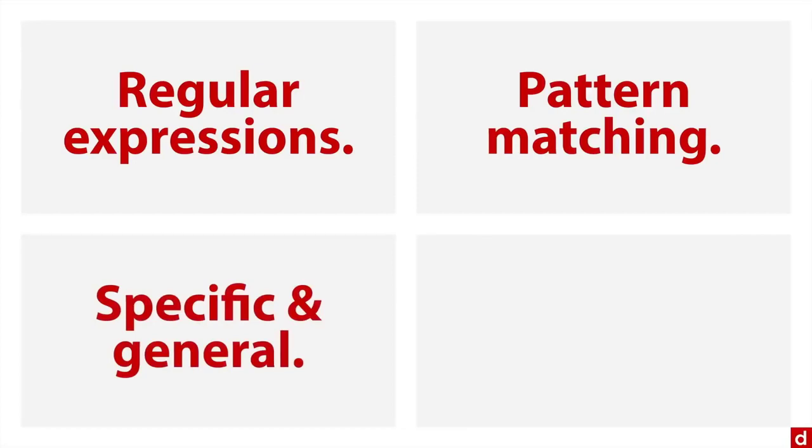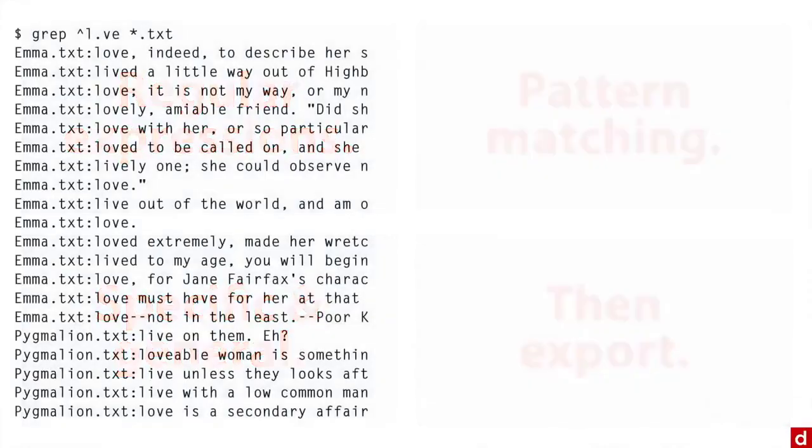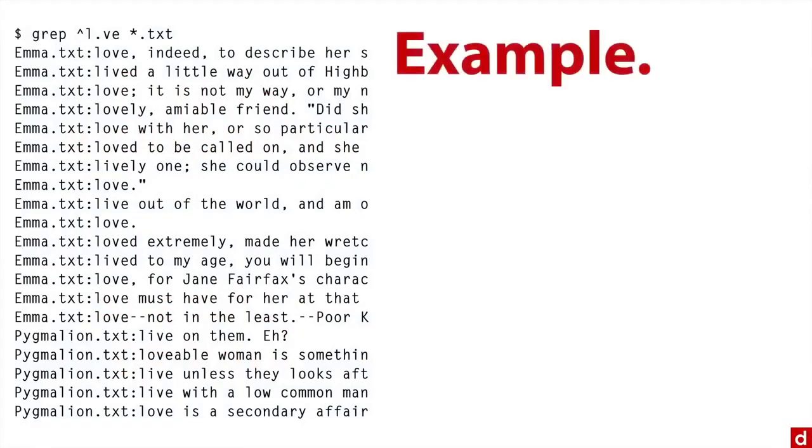And the idea here is you can write this search pattern, your little wildcard thing. You can find the data, and then once you identify those cases, then you can export them into another program for analysis. So here's a short example of how it can work. What I've done is I've taken some text documents. They're actually the text to Emma and to Pygmalion, two books I got off of Project Gutenberg. And this is the command,